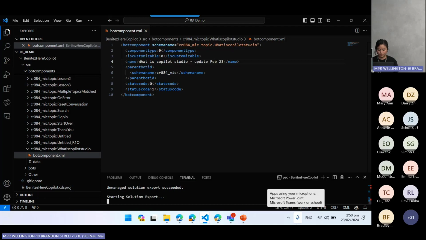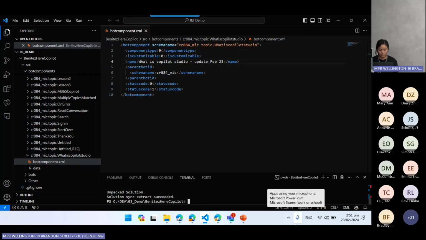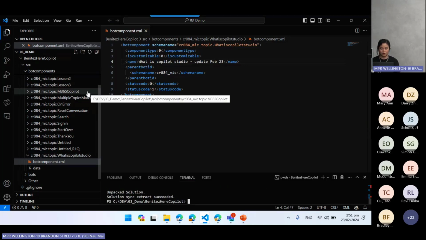So if you think about traditional solution exports, everything is XML fragments, and trying to merge that is most of the time unsupported, but also very difficult to do without breaking the solution. So having that in YAML files is definitely a big advantage and is highly encouraged, especially from a source control management perspective. And while Rami is talking, I retyped the command pac solution sync, and after it exported and